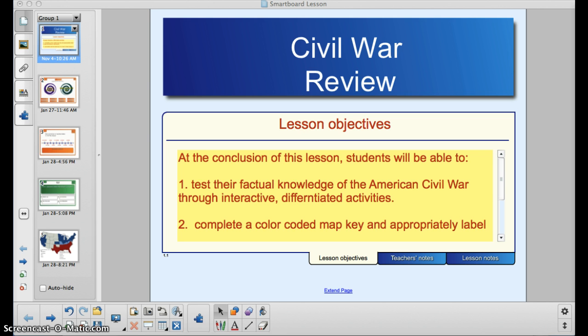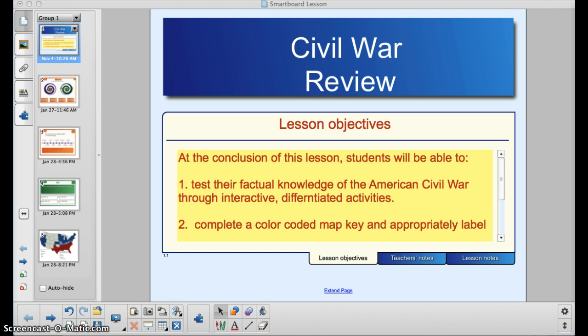The lesson would be used at the end of a unit on the Civil War, and I created this lesson to be able to have students prepare for tests in a variety of ways. I have differentiated the instruction here to help visual learners and to help people who are good at more traditional trivia games like